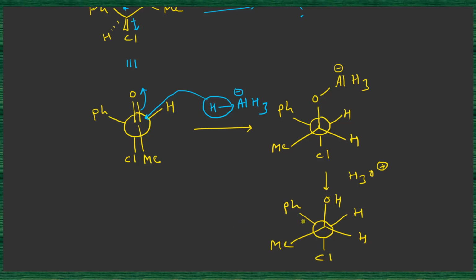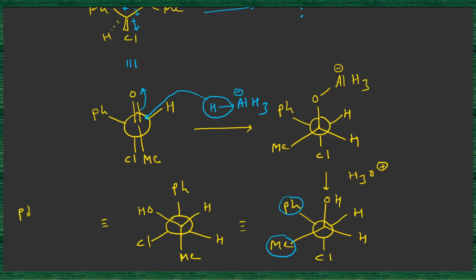Right. So now we have to put this phenyl and this methyl on the same plane, and for that we just perform a single bond free rotation via this carbon-carbon single bond. And after the rotation, if we bring the phenyl here, then the methyl will be in this position, the chlorine will be here, hydrogen will be on the right side, here will be the hydrogen, here will be the OH group. Okay, so the corresponding flying wedge formula will be this one.